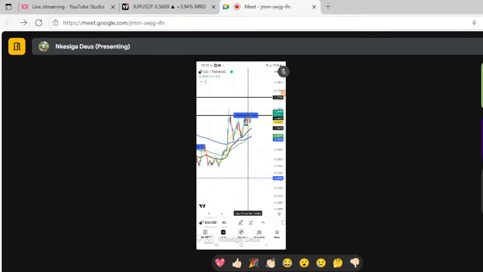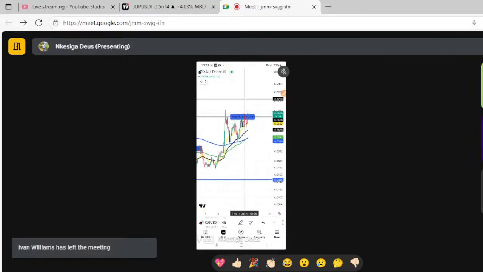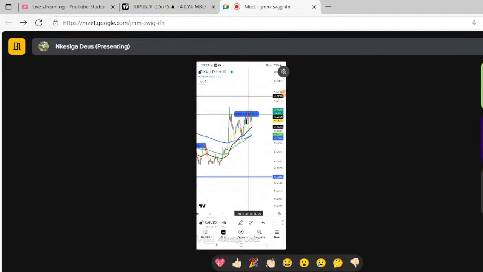We have been having those classes on how to hold and which coins to hold, and we even shared the list of coins to hold in the group. I don't know whether you saw them, but I advise you not to use the exchange you are trading from. If you are trading from Binance, you can have another exchange where you can hold from, or else you can open an account on Trust Wallet. Then you can hold your coins from there. But again, on Trust Wallet you need fees. They charge. Therefore, if you know that you want to hold like $50, 100, if